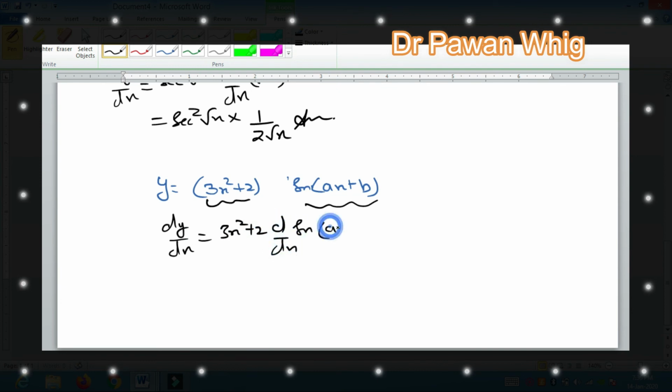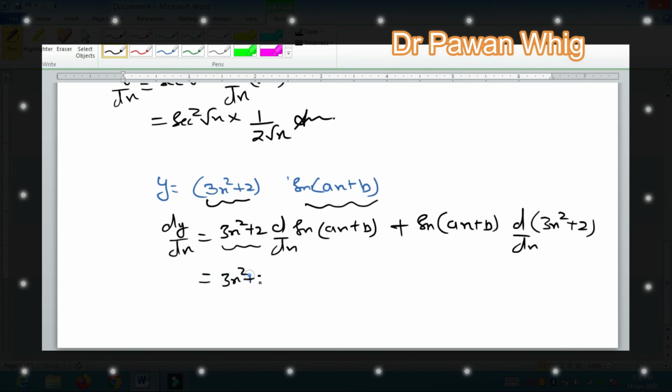Similarly, you have to keep the other term the same and differentiate the first one. Everybody can apply this formula, but the last step is very important. You keep 3x square plus 2 the same, but what is the differentiation of sin theta? If this is only theta, then it would be cos theta. But since the theta is different from the standard, you have to multiply this expression with the differentiation of this theta, and the differentiation of this theta is a, so you multiply it with a.